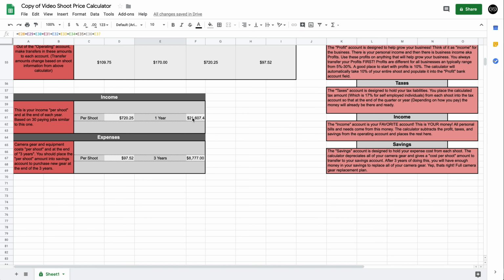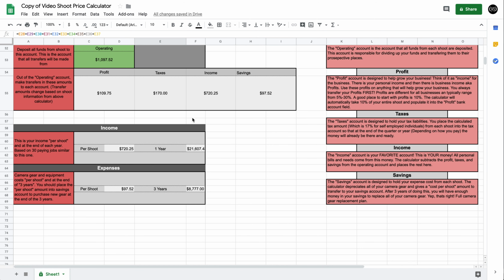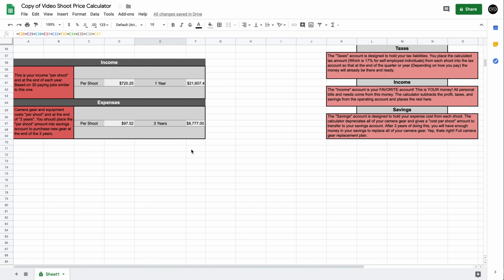This amount is less all of your profit, your taxes, and your savings. So the good thing is all of this stuff is already taken care of, and this is what you have left over. Then you have your expenses, your camera gear and equipment costs per shoot and at the end of 3 years. You should place the per shoot amount into the savings account to purchase new gear at the end of 3 years. So at the end of 3 years, you have